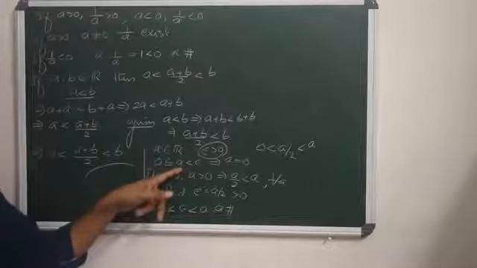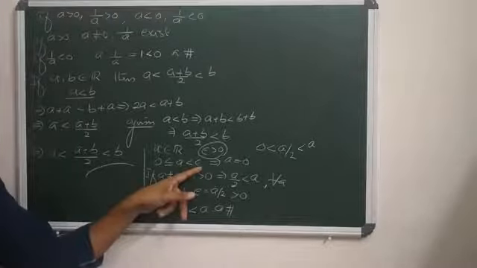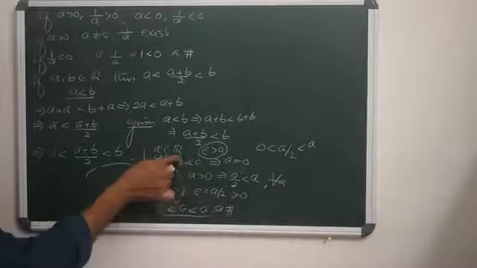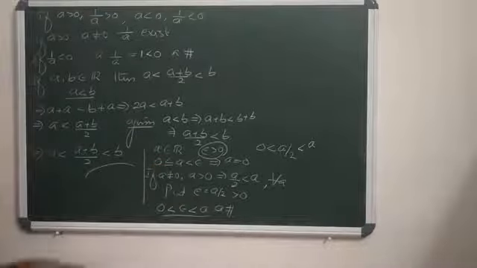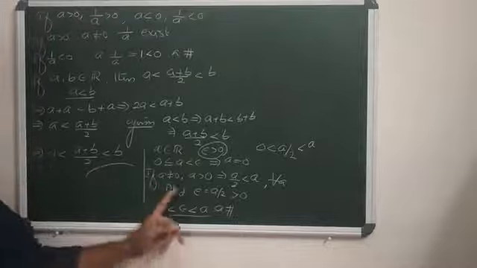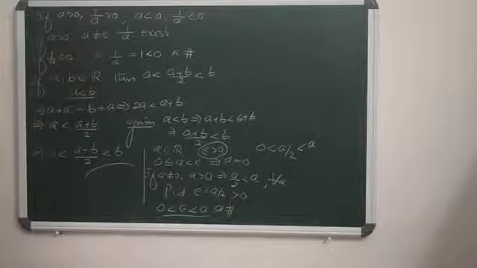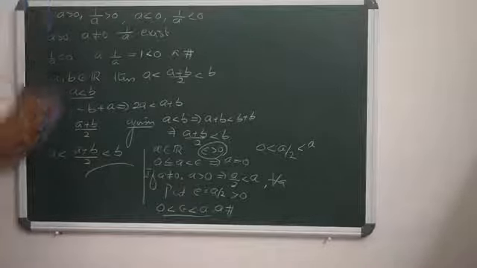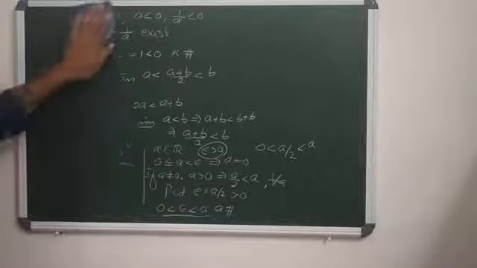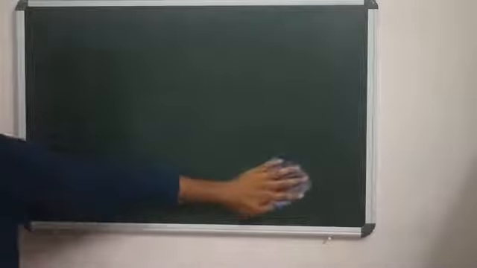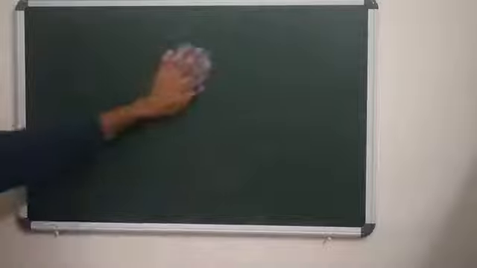But it is given 0 less than a less than epsilon. So the obtained statement is a contradiction to the hypothesis. Thus clearly this contradiction is due to our wrong assumption. Therefore a should be 0 itself. Okay. So these are some important properties, but all of these are familiar to you. Okay. Now